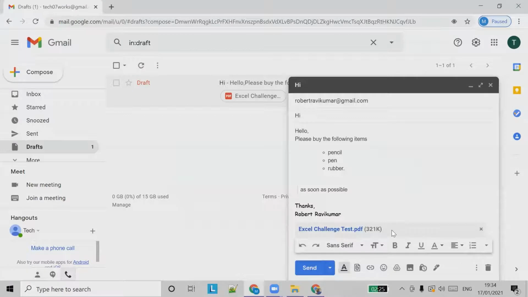So this is how you attach a file to an email. It could be any format, but it's limited to a certain size. I don't know the exact size, but you cannot attach very large videos, like 1 GB or 2 GB. There is a size limit for all the attachments. Okay, so you can attach files, and you can also insert links.